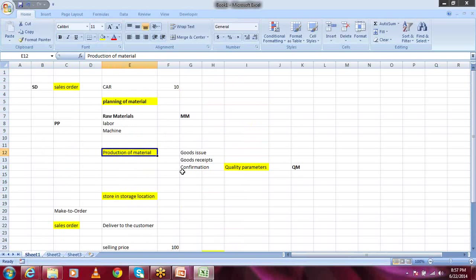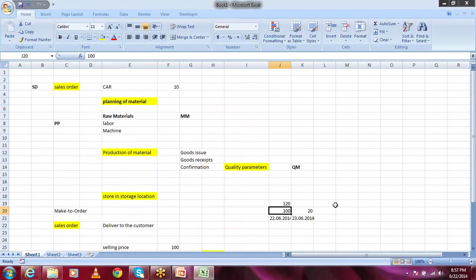Once you do the capacity planning, you will get the exact dates and timings based on your machine capacity. For example, your machine capacity is 100, but that day you have planned 120 pieces. You cannot manufacture that, so what will you do? Today you will manufacture 100 pieces, and the remaining you will manufacture tomorrow.